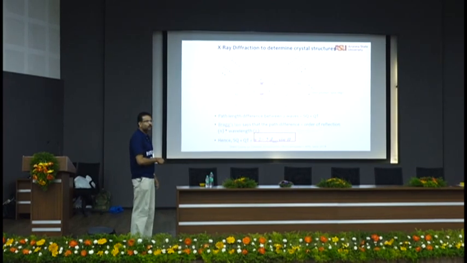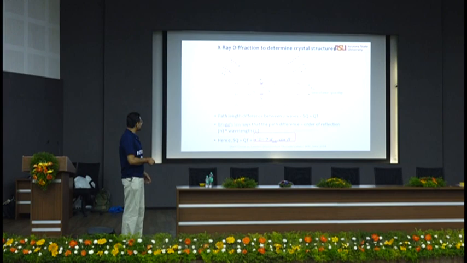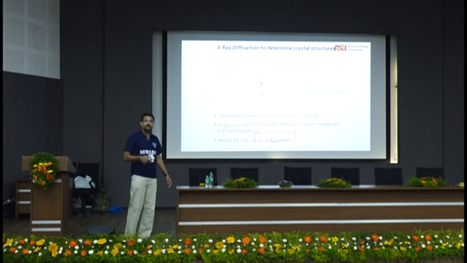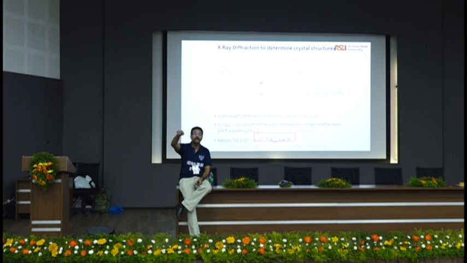Now, this is so very powerful that you can find d if you know lambda, which is the wavelength of the X-ray. You will know the wavelength of the X-ray, right? And you can measure the angle of diffraction. You can find d. So, if you do X-ray diffraction, what do you plot on your x-axis in any X-ray diffraction curve? Any of you have done it? What is that? 2 theta, right? You plot 2 times the angle of diffraction, and then you have the peak intensity.